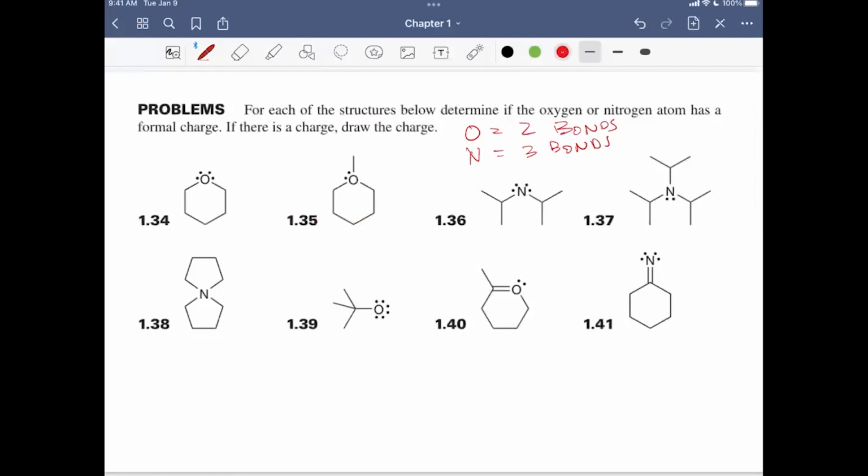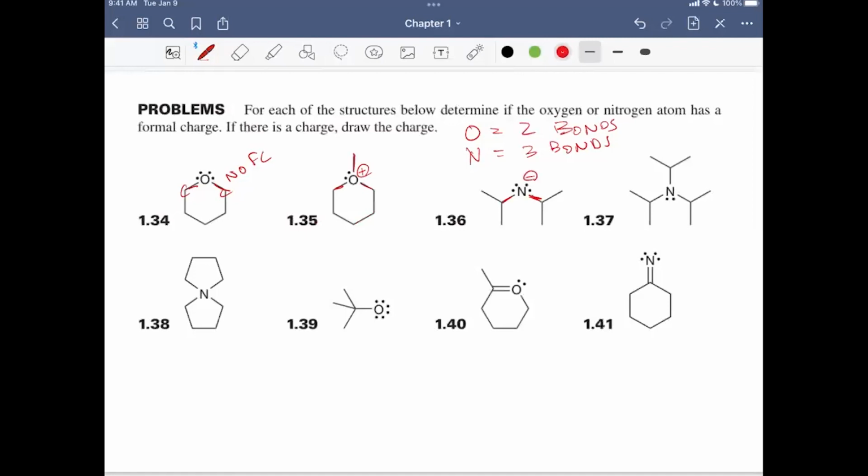So for this one, there's no formal charge. It has those 2 bonds that's connected to that oxygen. This oxygen has 1, 2, 3 bonds. So it has 1 more bond than it wants. That's going to be a +1 formal charge. Nitrogen wants 3 bonds. It looks like there's only 2 on this nitrogen though. And if it needs another bond to fill its octet, it's going to be a